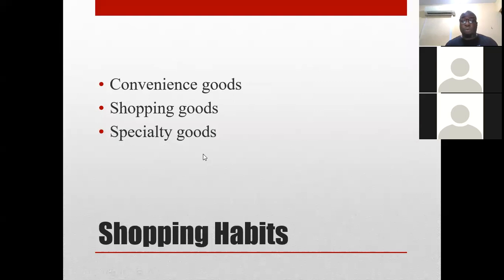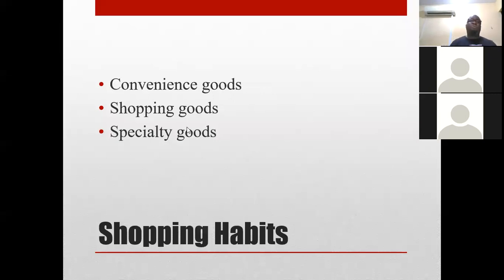So another object of the consumer market is shopping habits. Are people buying more of convenience goods? Are they buying more of shopping goods? Are they buying more of specialty goods? So convenience goods are all those ones that you can easily get. Yes, Florence, plumbing works is a service. Convenience goods are those ones that you can easily get without going too far, around your location generally.